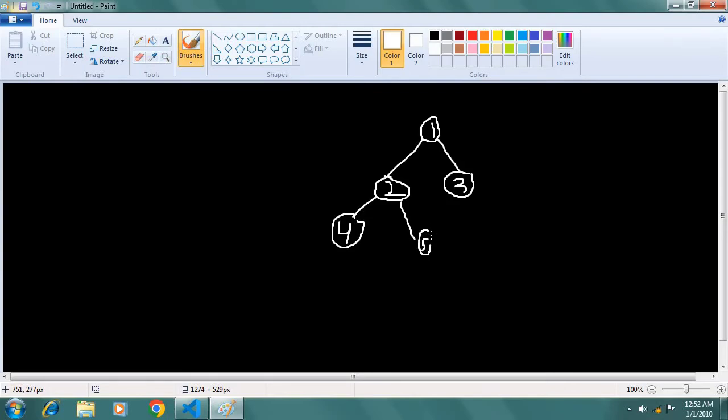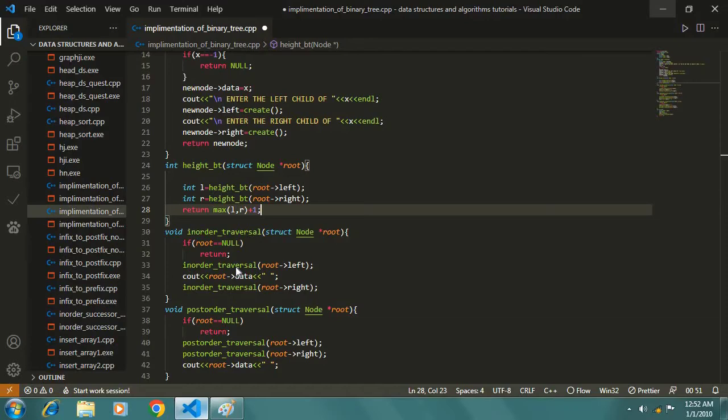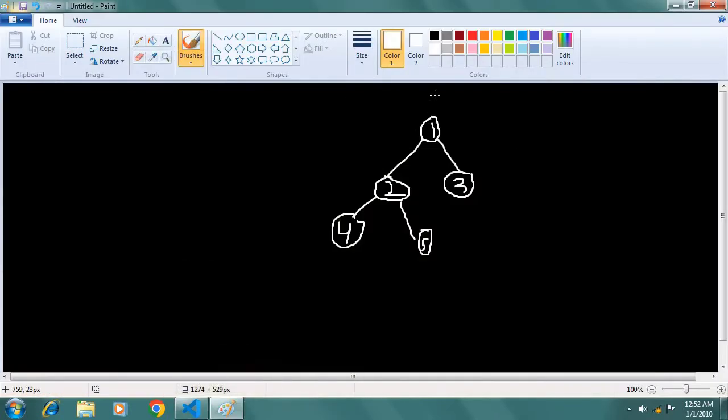If you carefully see, what I have done here is I have called the height for the left. First of all, I am passing 1 to my function. Clear? In the L variable, what am I storing? I am recursively calling the function to the left of 1, that is 2. So for 2 I am recursively calling the function. Let me explain clearly.